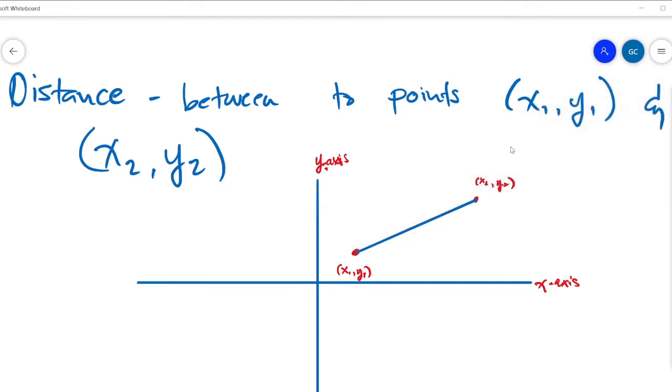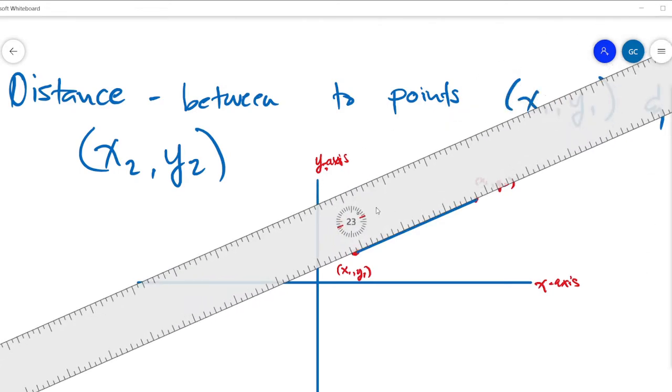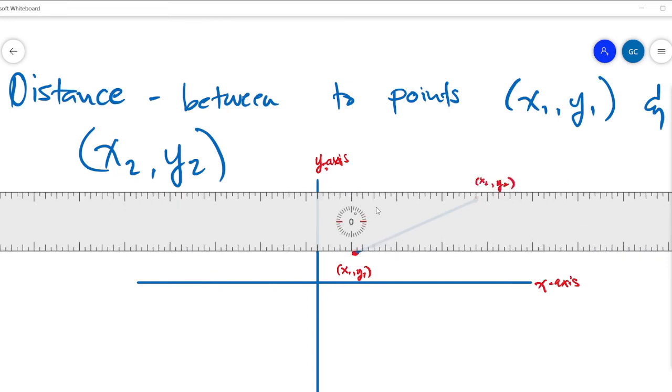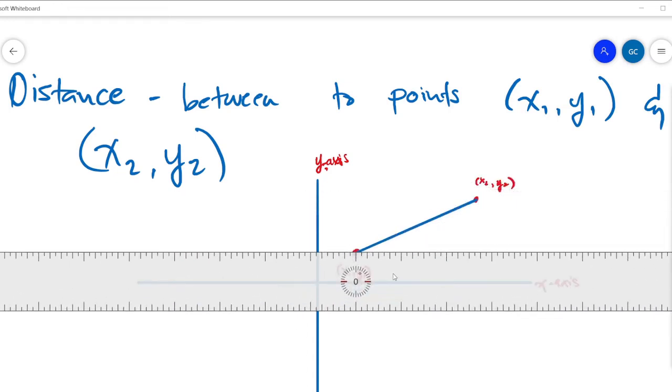By thinking of our past discussion regarding horizontal distance and vertical distance, we can actually do this using that. If we draw some line segments, using another color,